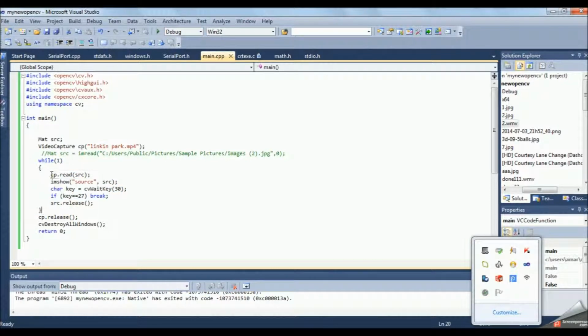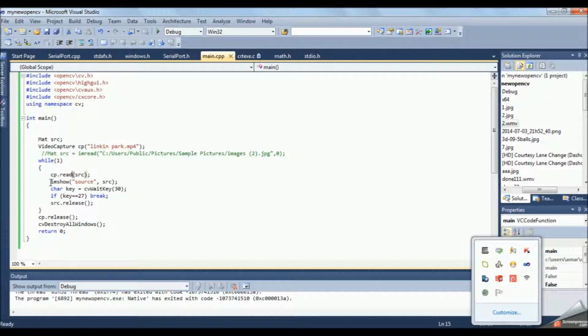Inside the infinite while loop, the first expression is cp.read(src). The meaning of this expression is that we are capturing a frame from the video and storing it in image variable src. So every time this loop repeats itself, a frame from cp is stored in image variable src.